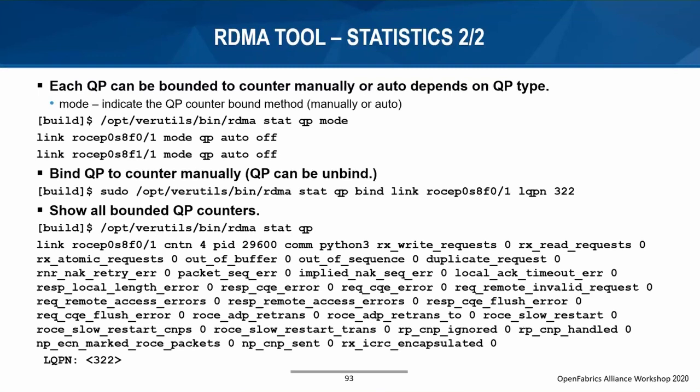We didn't break backward compatibility, so if you are used to the old general counter, it still exists. You can get the information on the entire device. However, here you get better granularity of errors, and it allows you to have better visibility of what went wrong and how to debug it. So that's a neat aspect of the RDMA tool, the open socket and the counters here.